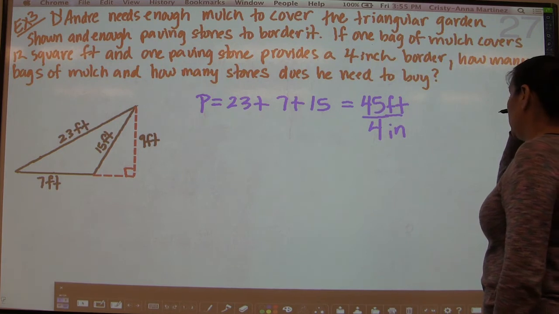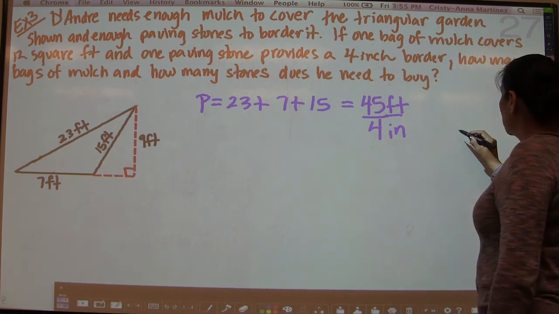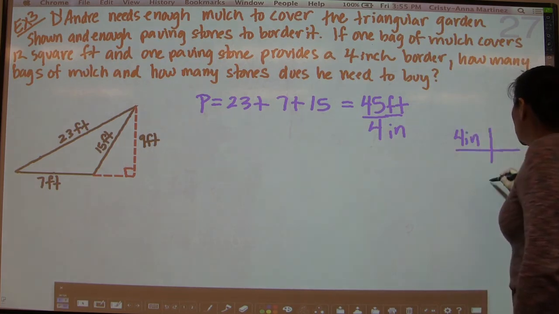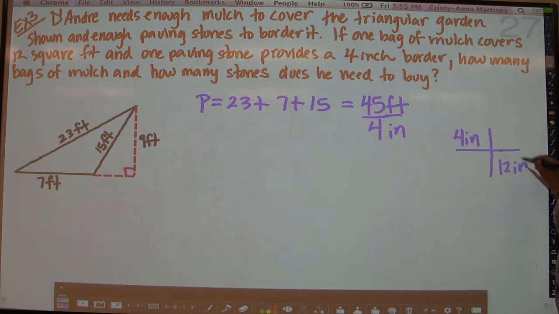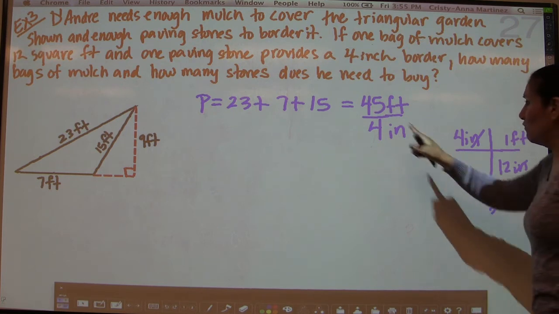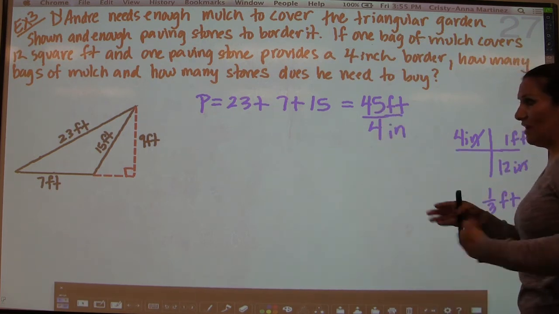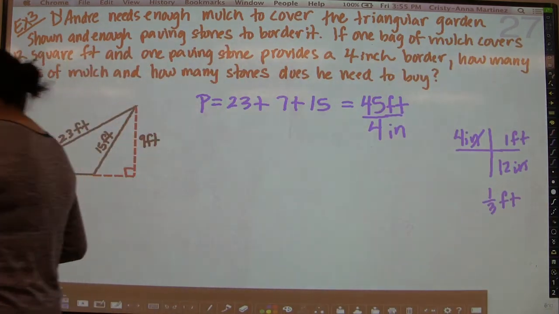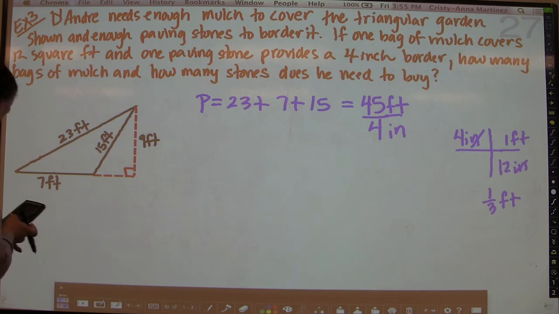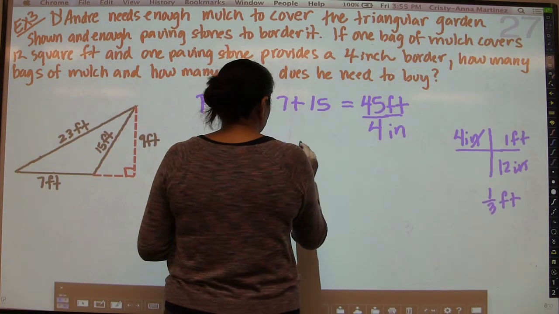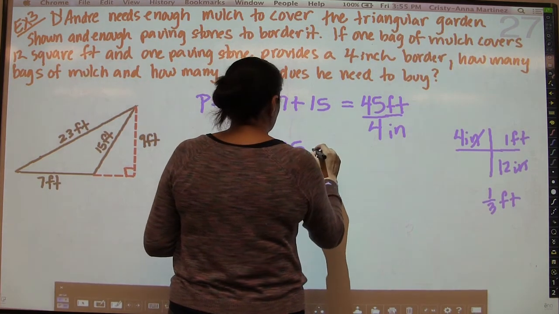Well, we can convert the inches to feet. So let's go ahead and take 4 inches, and we're going to convert it to feet so that there's 12 inches in 1 foot. So it turns out that you get 1/3 feet. So I'm actually going to take 45 and divide it by 1/3, but dividing by 1/3 is the same thing as multiplying by 3. So 45 times 3 is going to be how many stones we need. So 45 times 3 is actually 135. So we will need 135 stones,